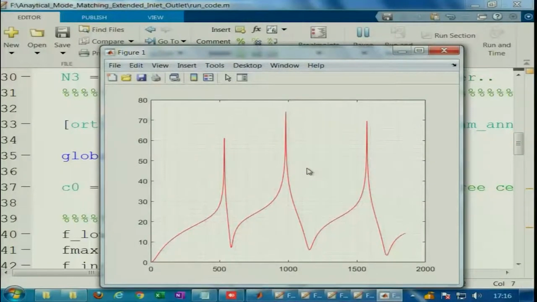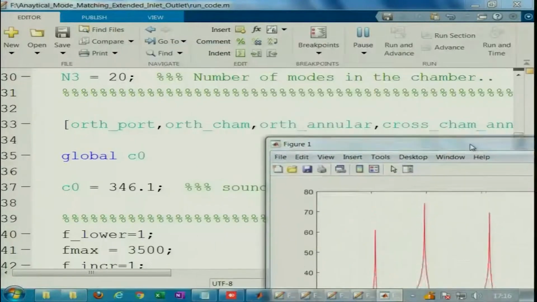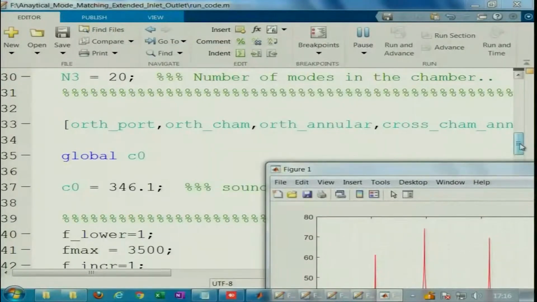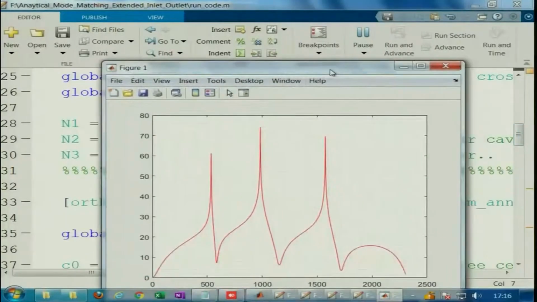because higher order modes are generated, and you need to consider a large number of modal terms until you get a convergent solution. For our case, I guess setting 20 mode terms in the annular cavity and 5 terms in the duct should suffice. We can prove that. But what is important to note here is that, assuming this is all correct, the results